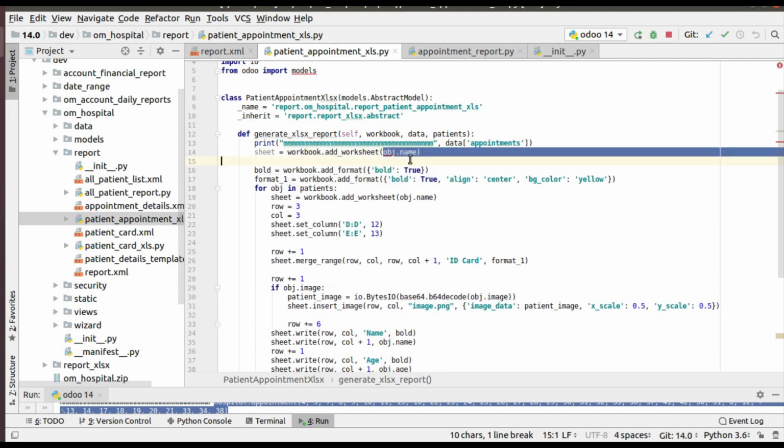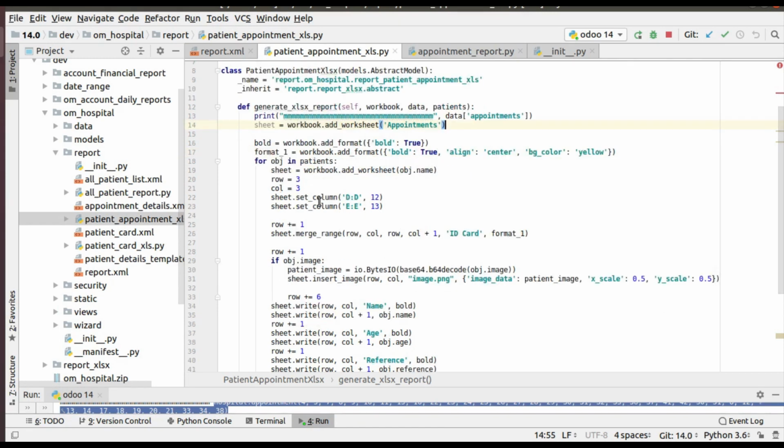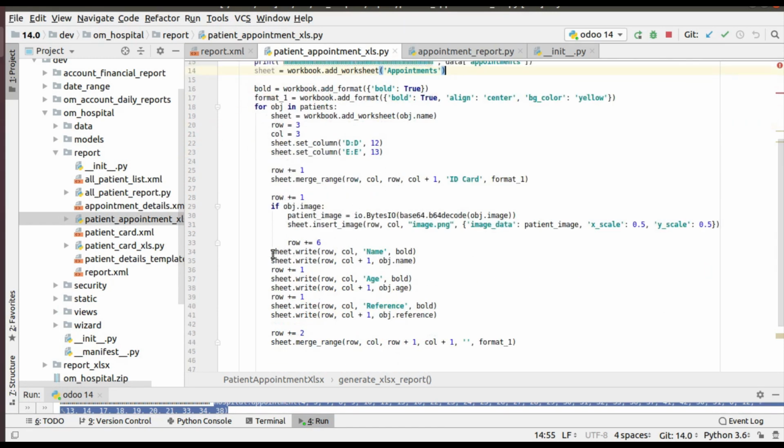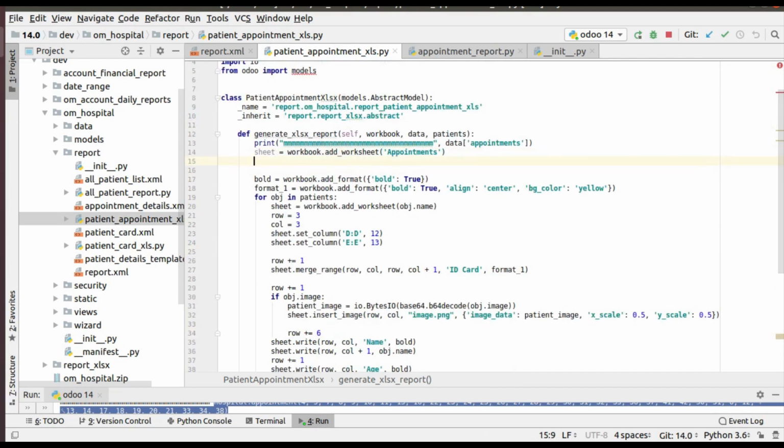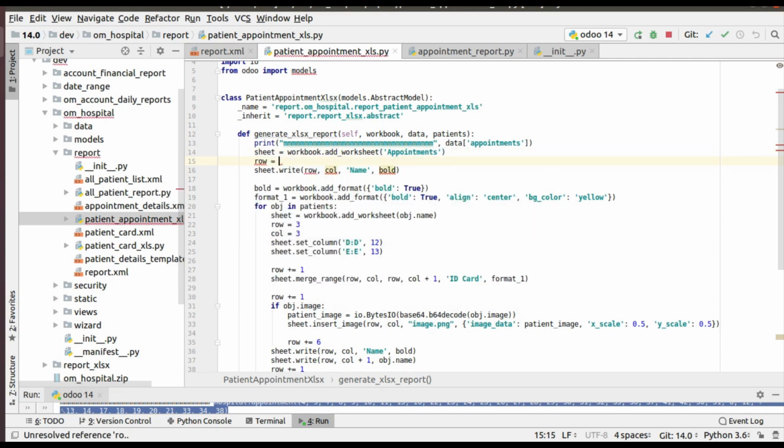Sheet.add, I'll give the name as appointments. What I have to do, let me copy some codes. Let me write a few lines of code.